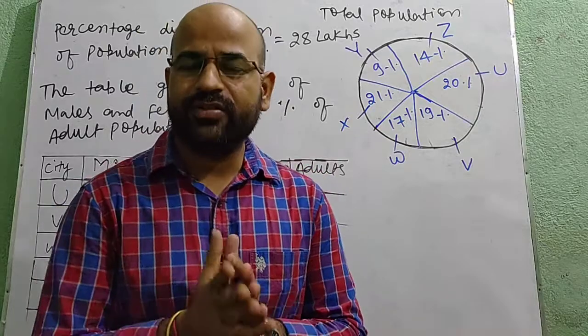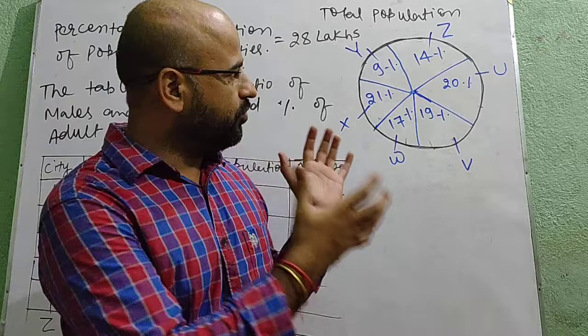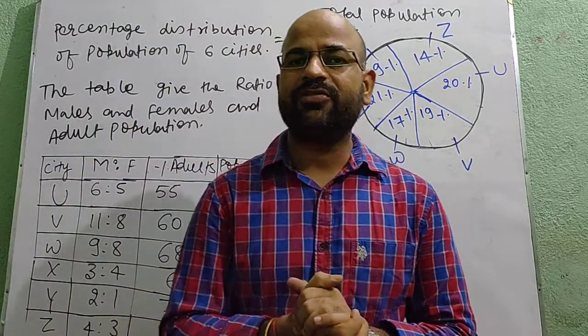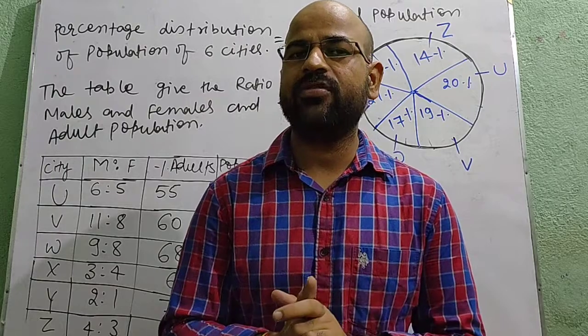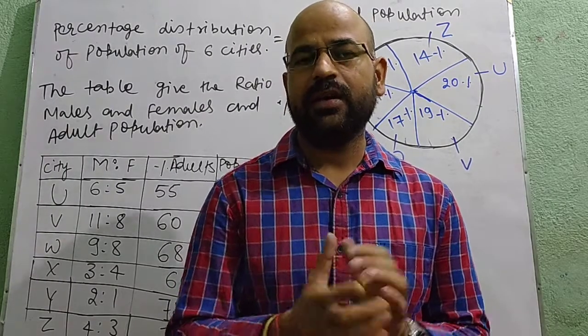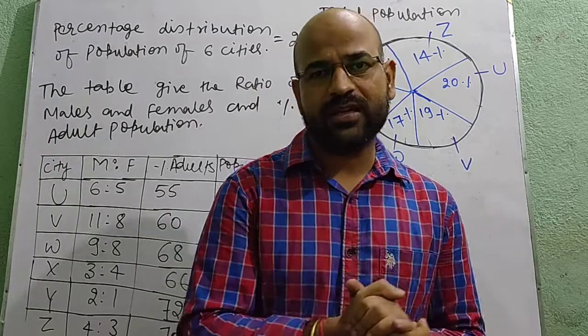That is the representation of data in circular form. That is the pie chart. Means pie chart we can define. Pie chart is a circular statistical graphic, means representation of anything in the form of a circle.